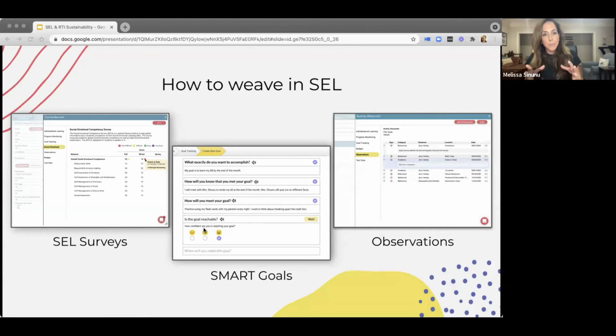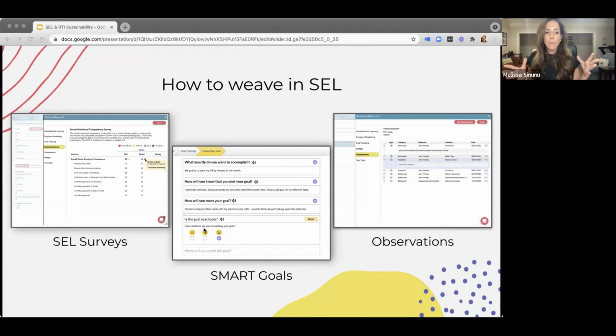So here at ClassWorks, we think that as a starting place, there are 3 things that can sustainably be integrated into MTSS, especially if you followed the steps outlined earlier and built consensus, started slowly, developed usable practices, and are seeing the intervention results you need. Small surgical SEL interventions can have a huge impact. So these 3 things are SEL surveys, student goal setting with the SMART framework, and student observations.